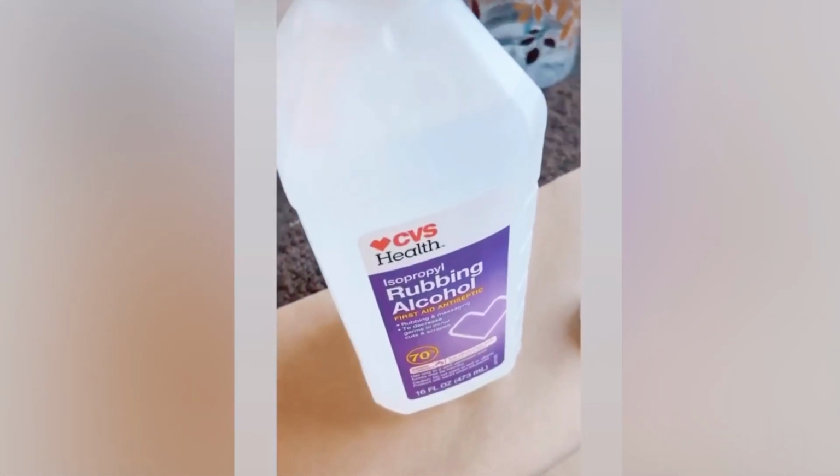So I went ahead and wiped this clean, but a lot of the sites were recommending that I wipe it down with rubbing alcohol. So I already have some on a paper towel. And this is supposed to remove any oils that will prevent the...